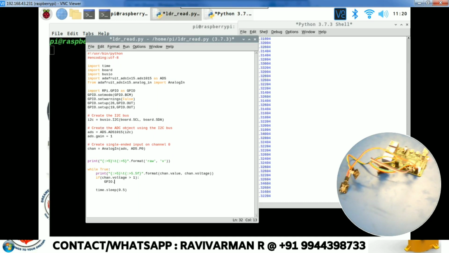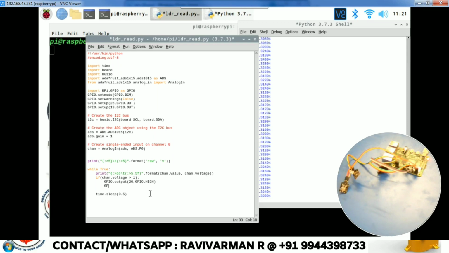So GPIO.output, which pin we have connected. We have connected pin number 26, and it should be GPIO.HIGH.